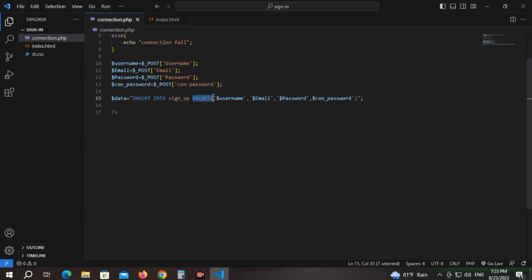So after that, values, which values we want to enter. So I am inserting these values: firstly this username, after that this email, after that this password and confirm password. But this is inside single quotes. Now we successfully created this variable and stored this data into the data variable, but this line is not currently executed yet. We have to execute it by another